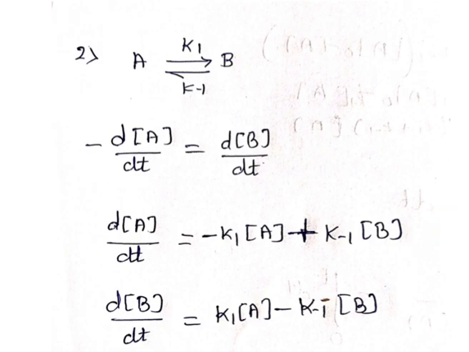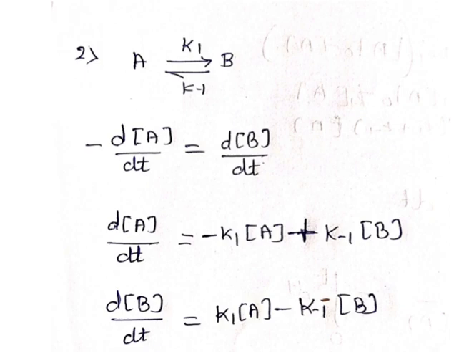See, initially A is the reactant which goes on decreasing to form a product B. So decreasing rate and rate constant is K1. Initially decreasing amount, that's why minus sign. Rate is K1 and which term is going to decrease? It is A. So first term comes minus K1 into concentration of A